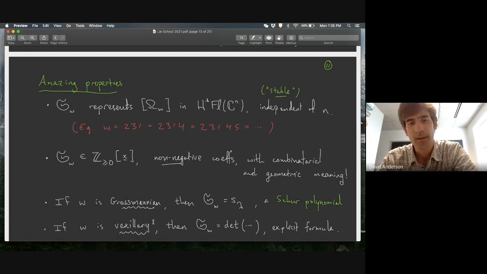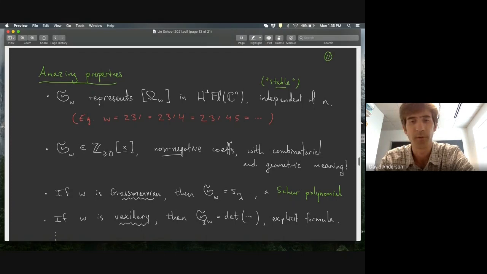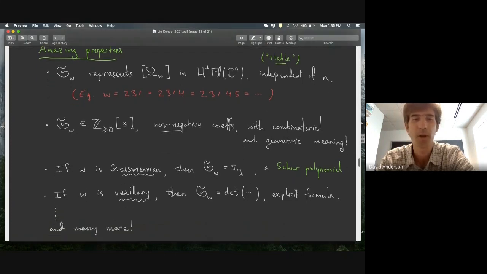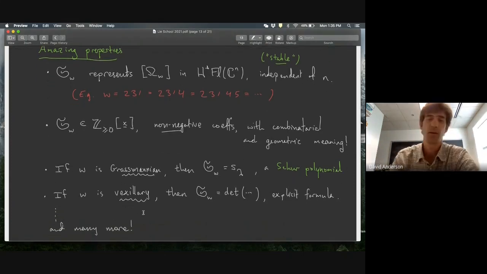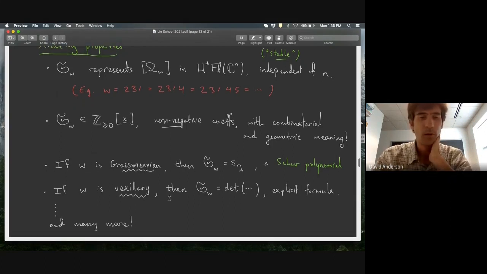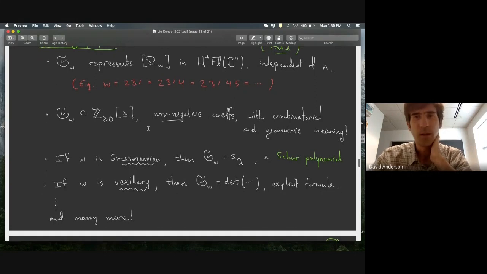And if W is a vexillary permutation, which I won't talk about much more, but this is a generalization of Grassmannian, and there's a generalization of Schur polynomials, which also have some determinantal formulas. You can write down a determinant in terms of elementary symmetric functions, and you get a very explicit formula for these polynomials. And so there's many more properties that I don't have time to go into, but because of all these amazing properties,